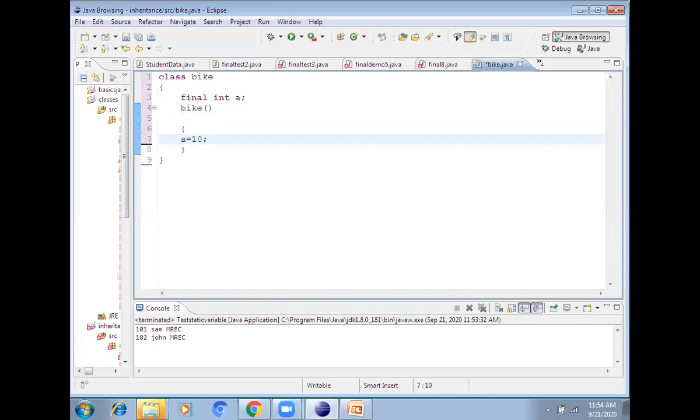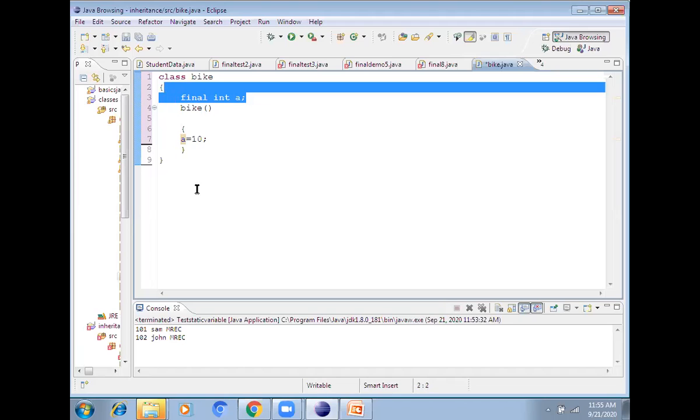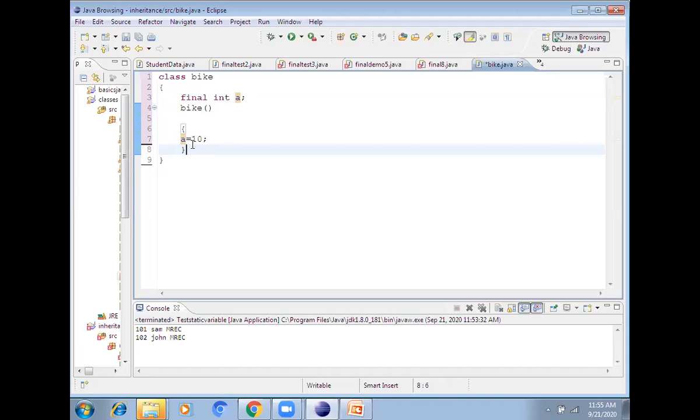A final variable is one where you initialize the value and it cannot be changed once initialized. If you do not initialize at the time of declaration, and your initializing is done inside a constructor, then this is called a blank final variable. Initialize it inside the constructor like this.